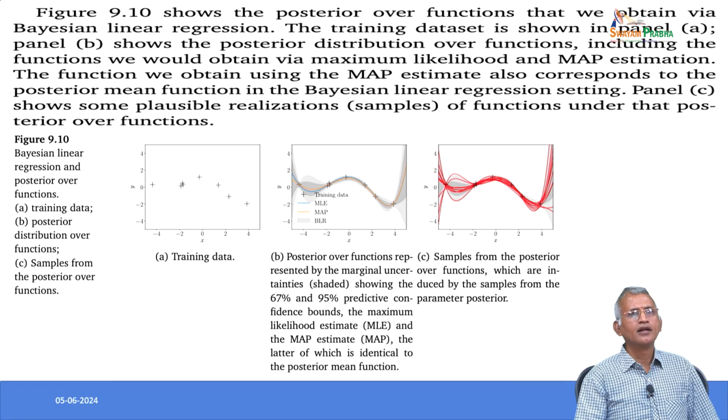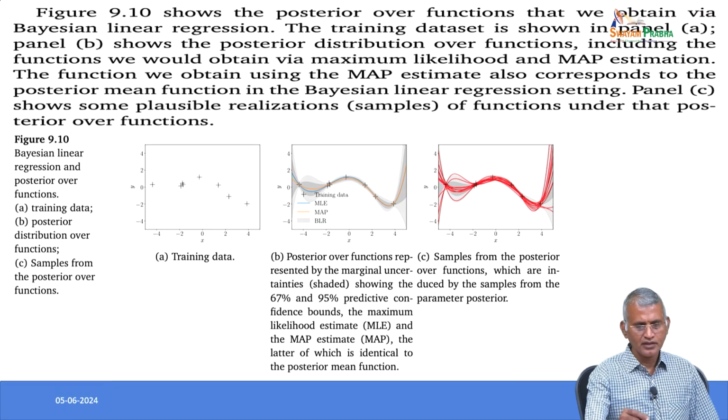The posterior over function represents the marginal uncertainties, shaded, showing the 67% and 95% prediction confidence bounds of MLE, that is maximum likelihood, and the MAP estimate, the latter of which is identical to the posterior mean function. So, the function we obtain using the MAP estimate also corresponds to the posterior mean function in the Bayesian linear regression setting,